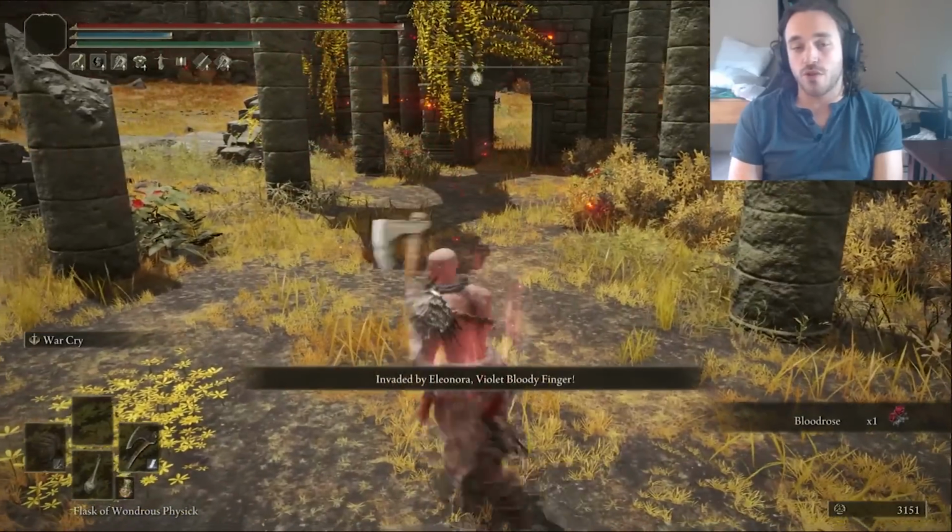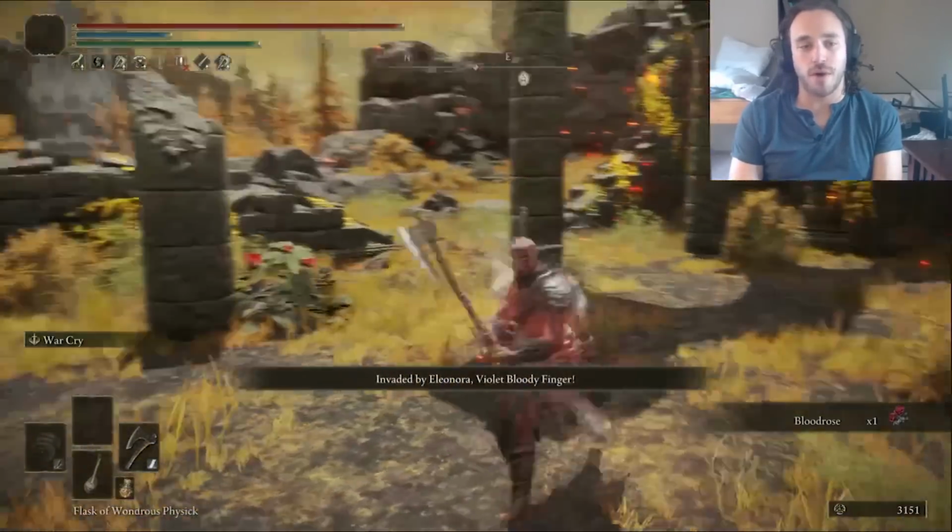In my quest to find the most fun build in Elden Ring, I decided to bring Kratos from God of War